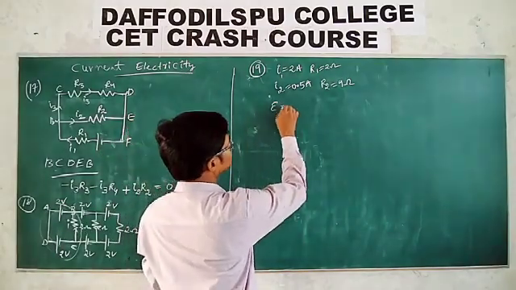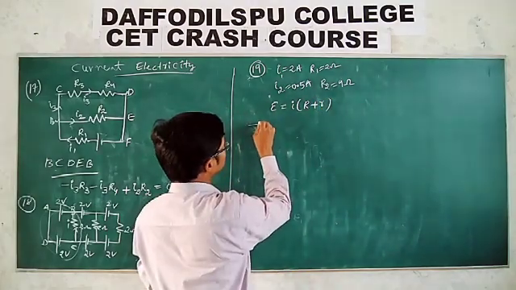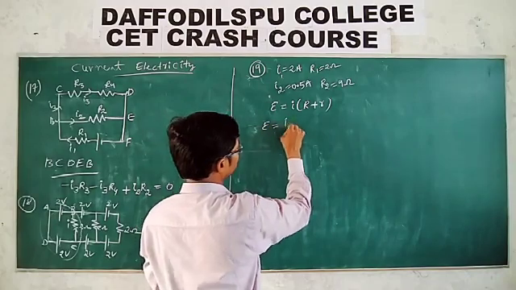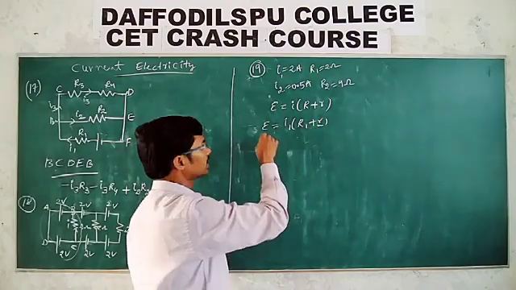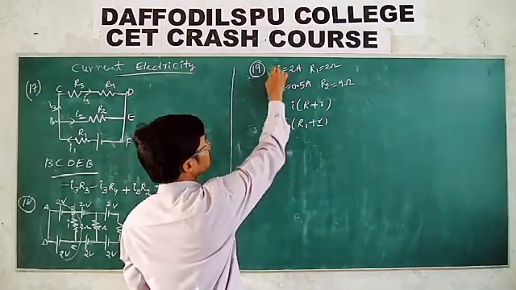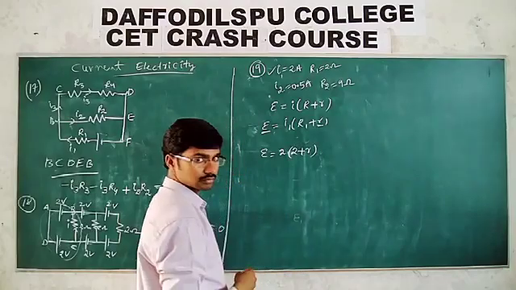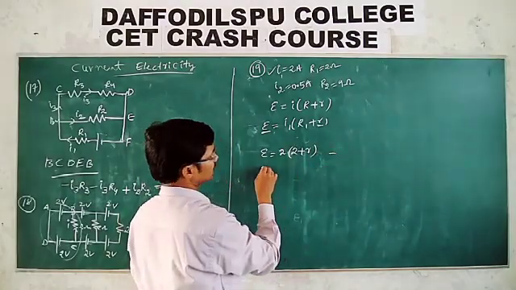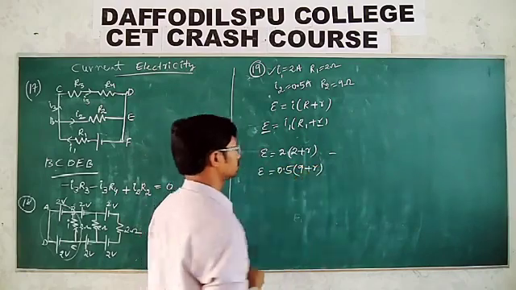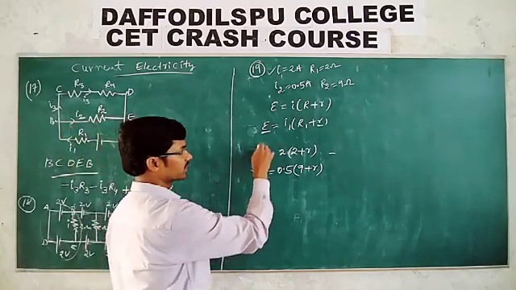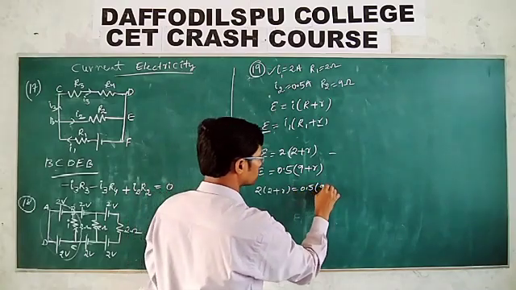So look at this one. What you know is E is equal to I into capital R plus small r. Now, in the first case, what can you write? E is equal to I1 into R1 plus r. The internal resistance is the same for the same cell, and the EMF is also the same. So for the first case, E is equal to 2 into 2 plus r. Similarly, for the second case, E is equal to 0.5 into 9 plus r. But the EMF in both is equal, so can you equate? Then 2 into 2 plus r is equal to 0.5 into 9 plus r.